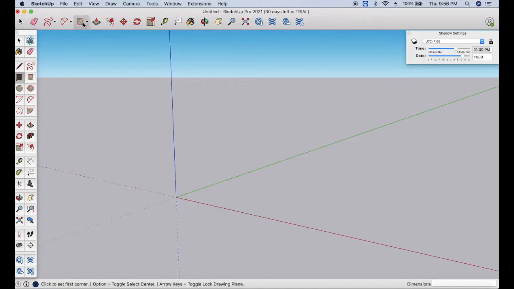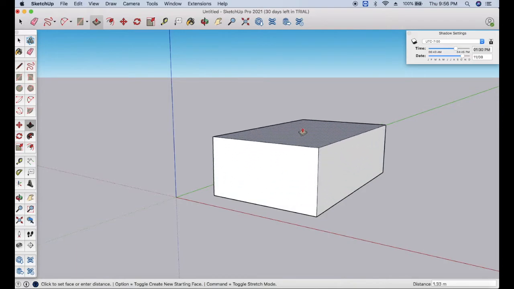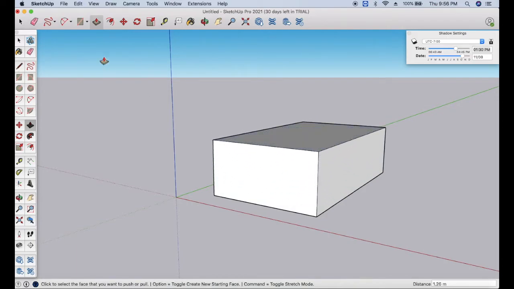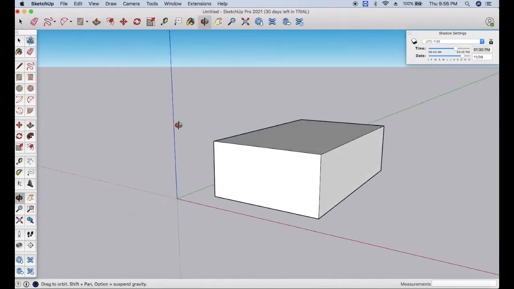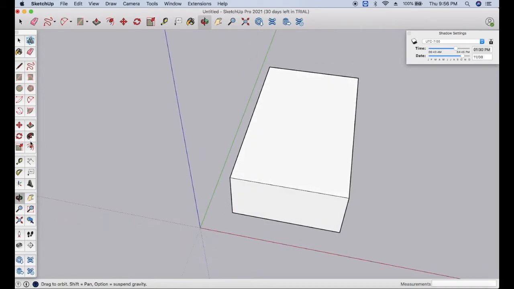Let us make a rectangle. Use the push pull button to give it a solid geometry. Now we are using the offset button to offset it on the edges in the inner side, right?